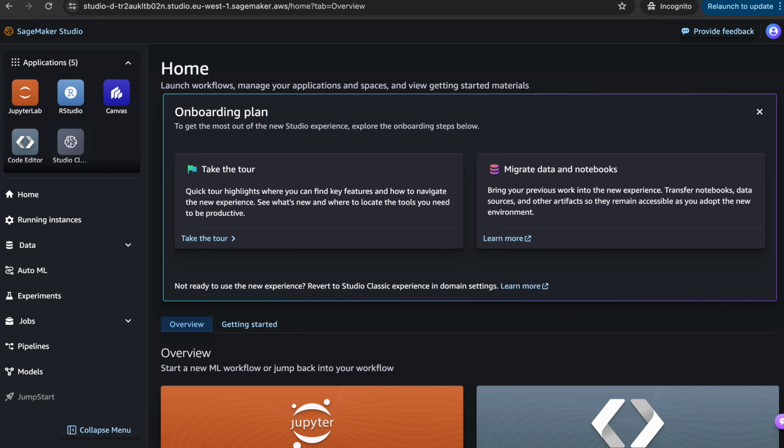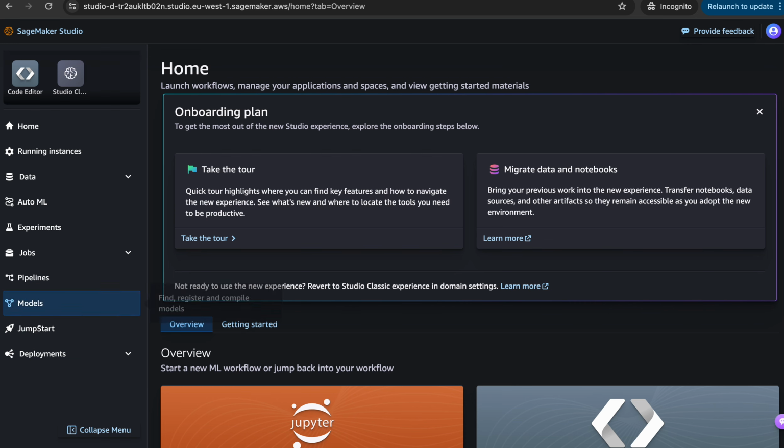Then on my left hand side we have the home, running instances, data, auto ML, to automatically build, train and tune your machine learning models, to manage and analyze your machine learning experiments, jobs, train jobs, pipeline. So this is where you run your machine learning pipeline, and model, jumpstart, deployment,